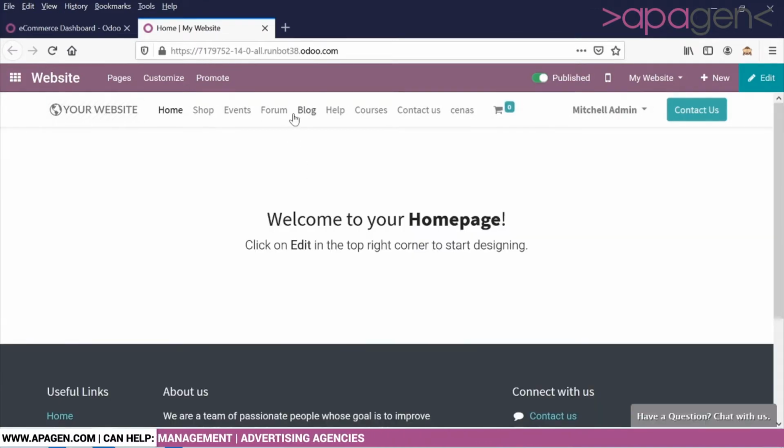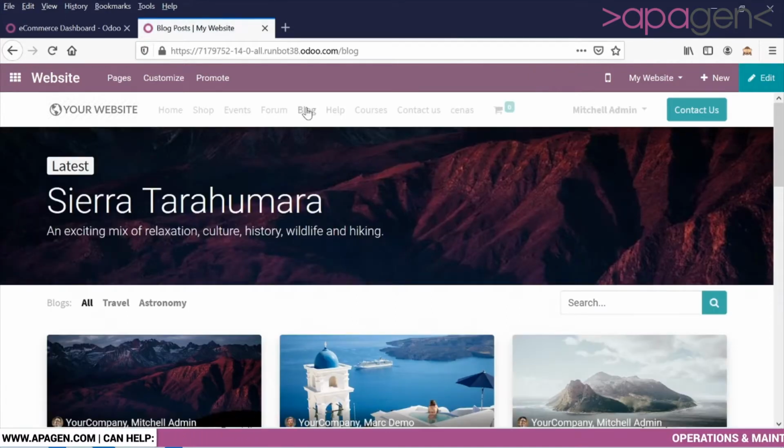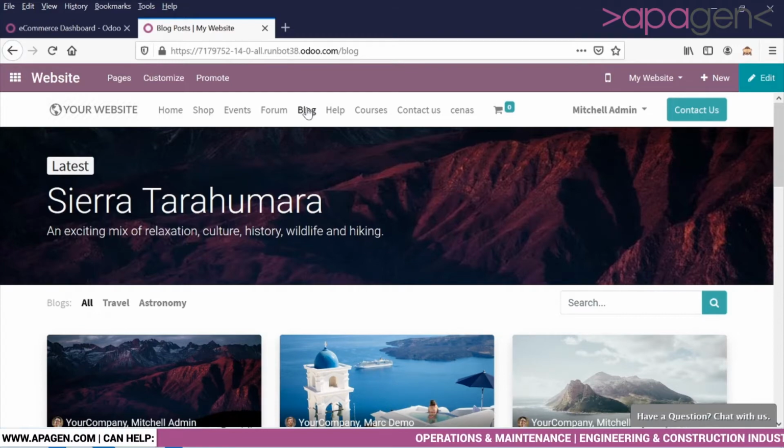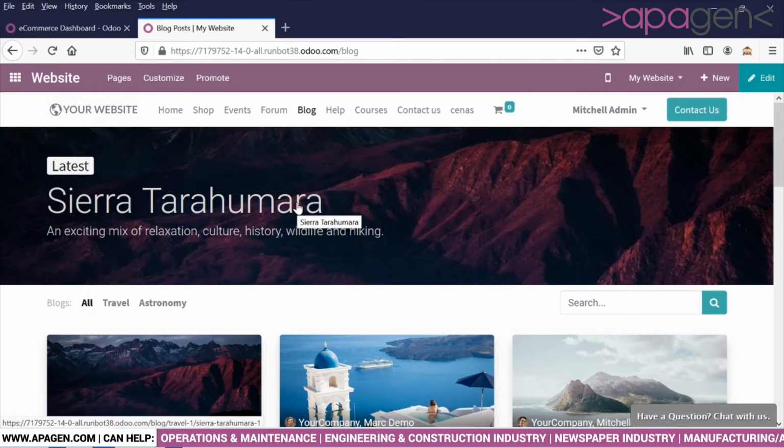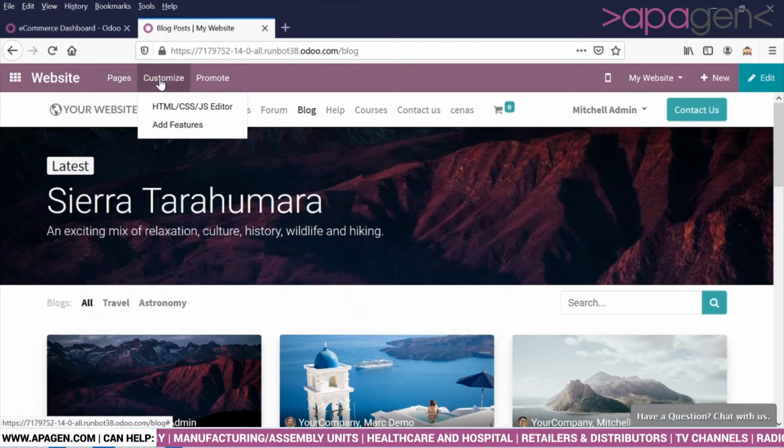On the Odoo website, you can see that there is a new menu which has been created called blog, and depending on if you have enabled the demo data, some of the blog entries would be created like this. Now you have a lot of features to modify this blog window where you will be able to design your blog. An example here is